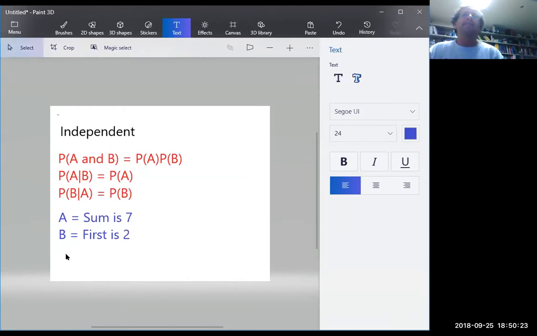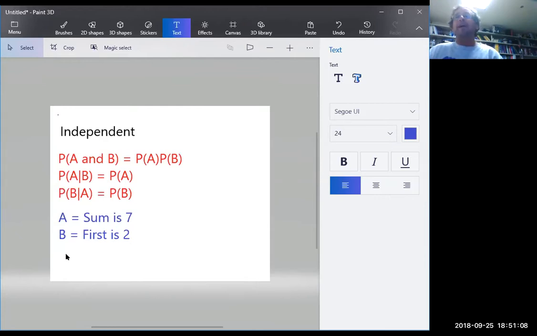Are these independent? And the answer is, without doing the math, you won't know. If I told you that the sum of these 2 dice is a 7, does that make it more likely or less likely, or the same likelihood that the first was a 2? Does that make sense? But I could choose instead, if I tell you the first is a 2, does that make it more likely or less likely that the sum is a 7? Right? Because you can go either direction, because that's what the second and the third are.